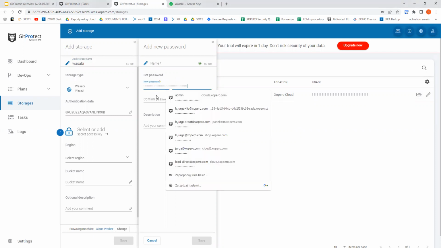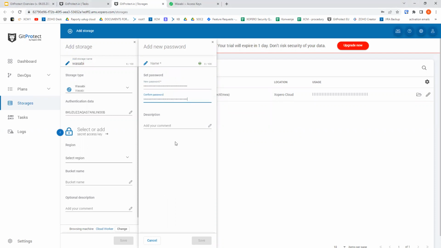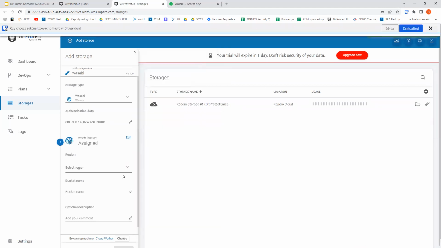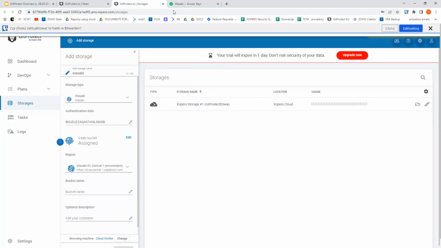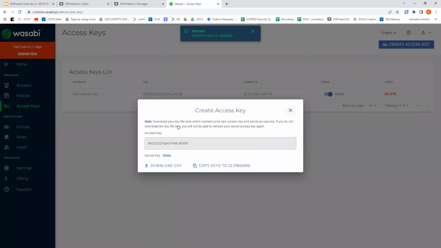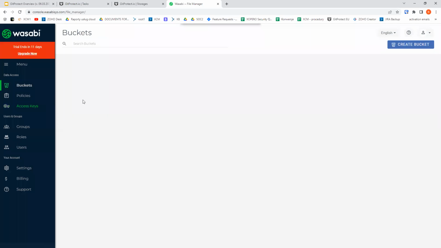You can simply paste the secret key here. Let's call it Wasabi bucket. Let's save it. Let's select the region. It was Amsterdam, as far as I remember. And the bucket name was